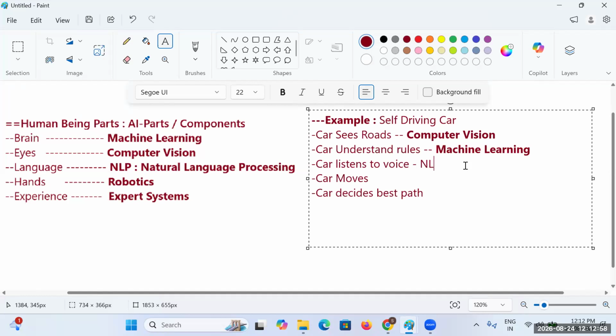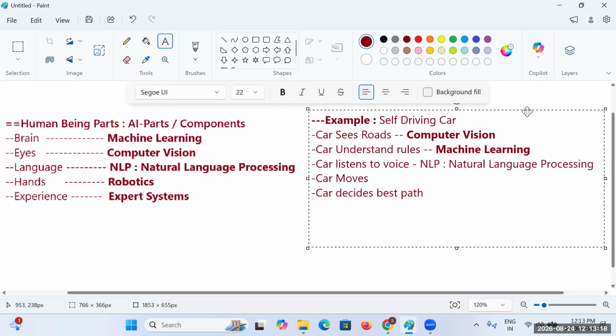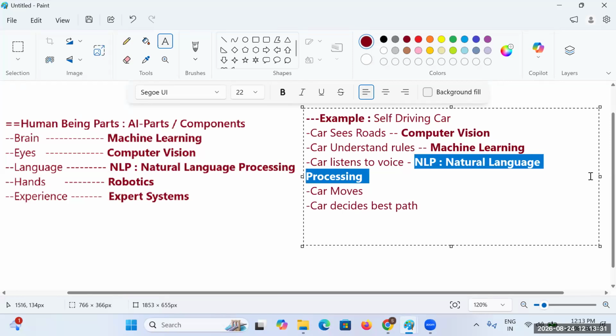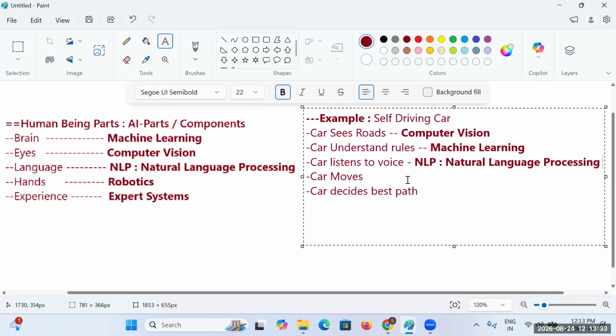It will be taking NLP, natural language processing.